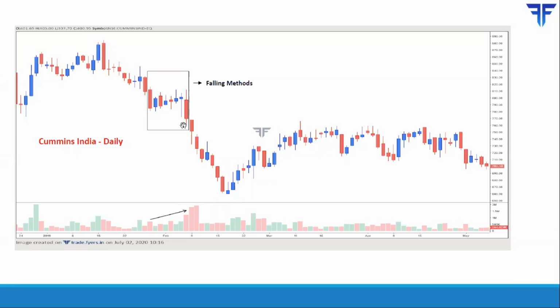And more importantly, if you look below, there was a nice uptick in volume, especially on down days. Whenever price ended lower, the volume was substantial as compared to volume during up days. Also, the volume on the emergence of this final candle was very sharp. So that told you that the selling pressure is very strong and the prevailing downtrend should continue. And as you can see, going forward, there is a nice correction in the price of this particular stock.